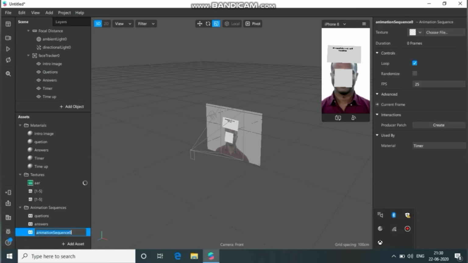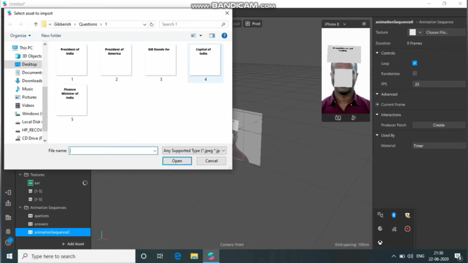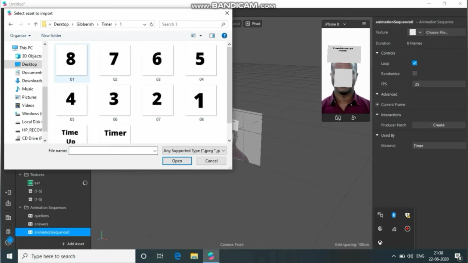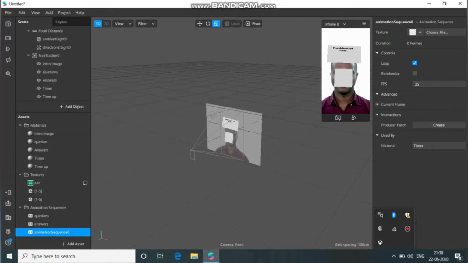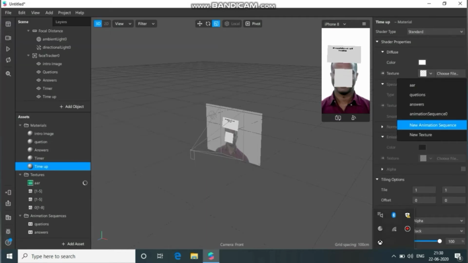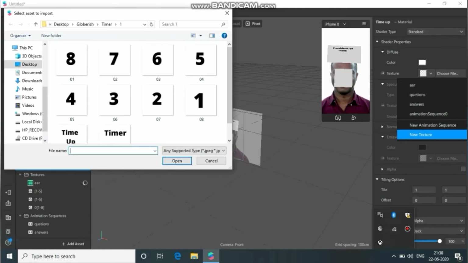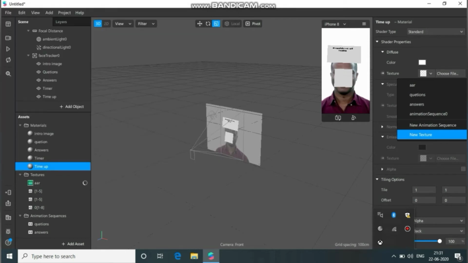Click on timer material and from here select new animation sequence and upload your timer images. And click on time up material.